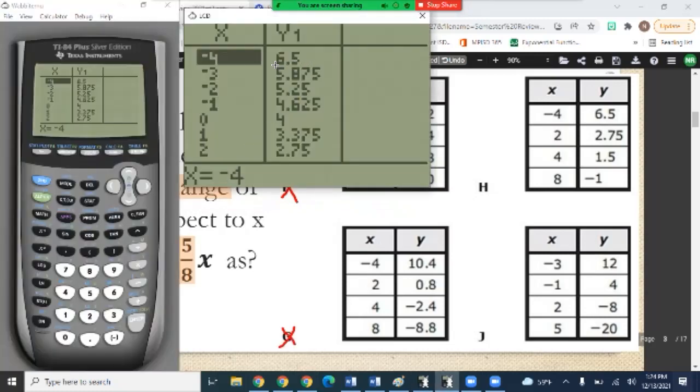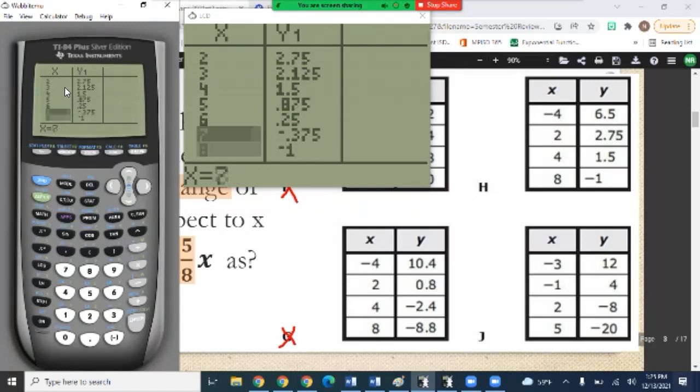Look at H. The -4, 6.5 matches. The next number, it's obviously not going to always give it to you in order from -4, -3, -2, -1. But the next number we jump to is a +2, 2.75. Does that match? Let's check the number 4. We're not going to get confident because sometimes